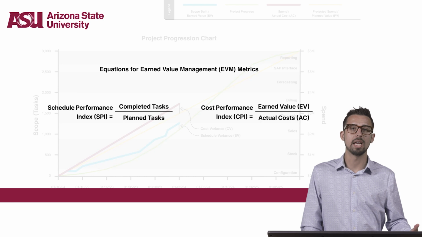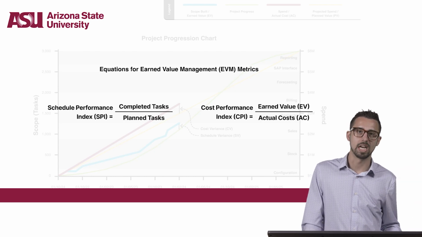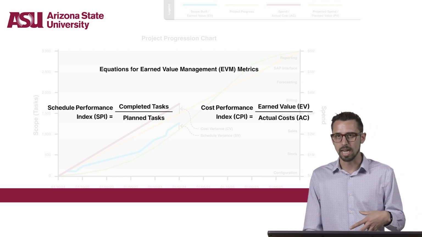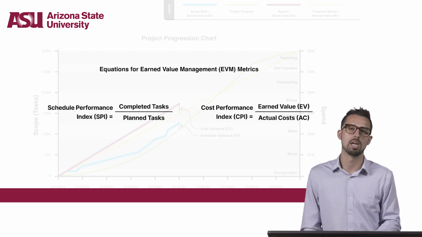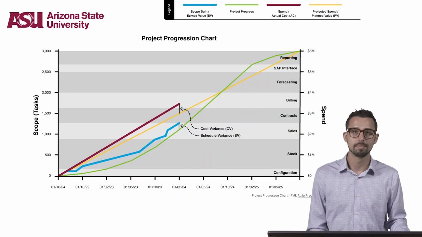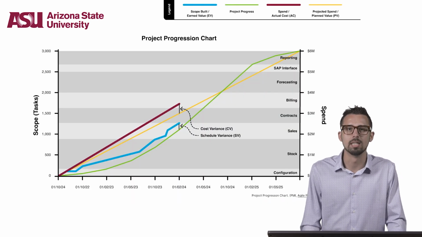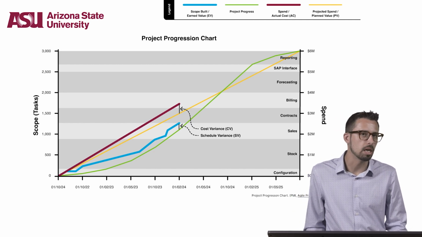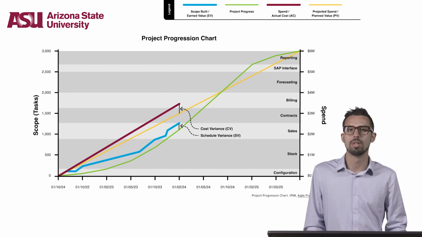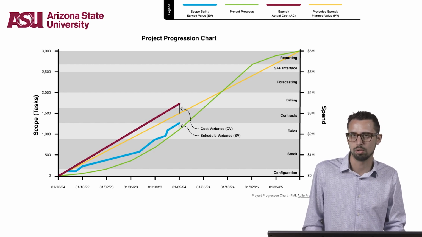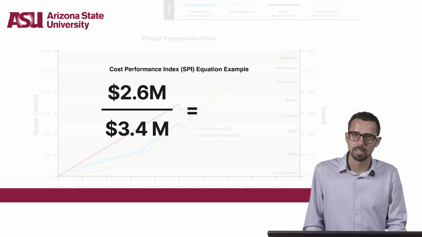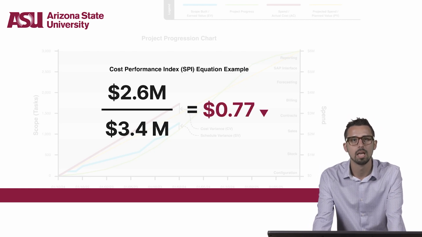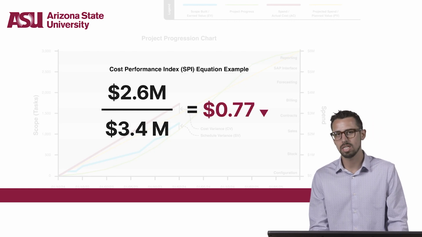Likewise, CPI, or cost performance index, is the earned value, or the value brought by the completion of those features to date, divided by the actual cost to date. Or, as shown in the earned value in Agile context chart, we have about $2.6 million in earned value over $3.4 million in actual costs. So let's plug exactly that into our formula, and that gives us a result of only 77 cents on the